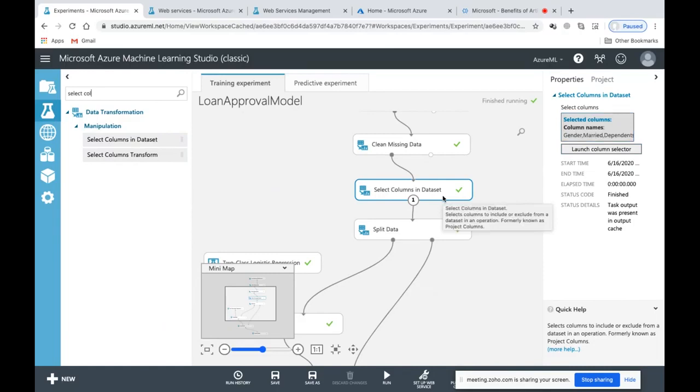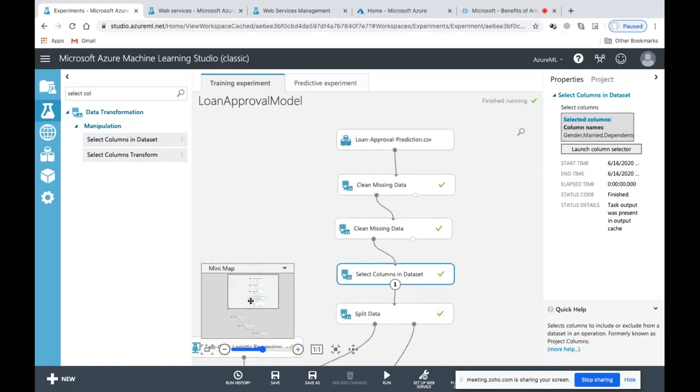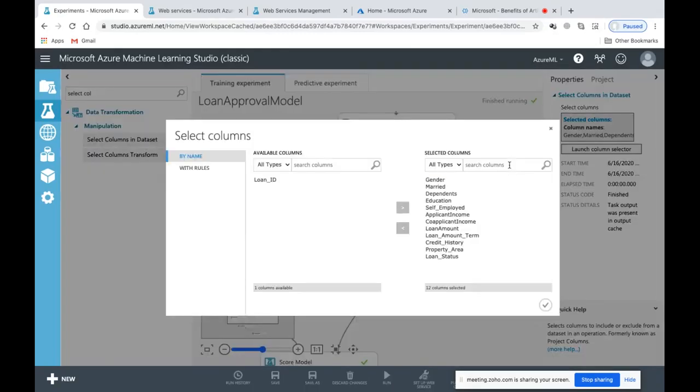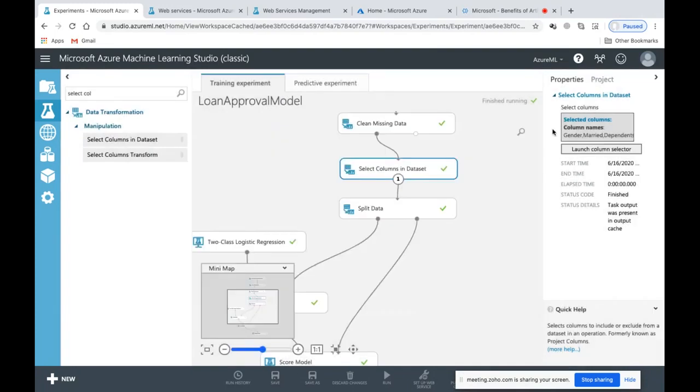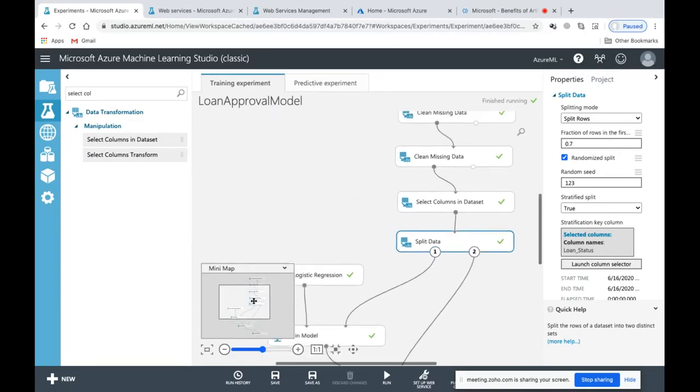Because in your model, if you see, loan ID is a number which is immaterial for finding out the relation between the outcome and the input. So loan ID is not required. So what I do is select column data. If you can see the launch column selector here, loan ID I've left out, and I have kept all others, because I don't need loan ID to train my model. And then I split my data into a training data set and a test data set,